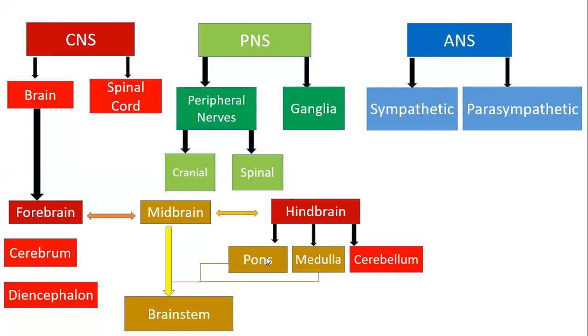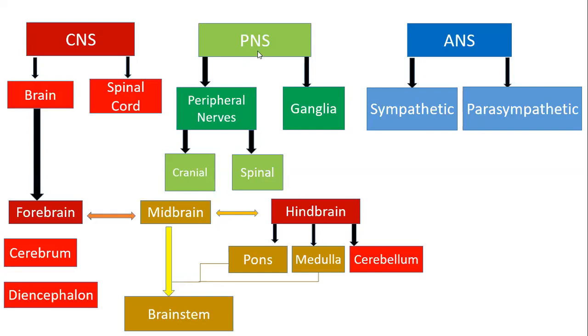Now you can see that I have colored the midbrain, pons, and medulla with the same color. These three structures are together given another name. Superiorly, we have the midbrain. Next to the midbrain, we have the pons, and inferior-most, we have the medulla oblongata. These three structures are called the brain stem. And then in the hindbrain, the posterior structure is the cerebellum.